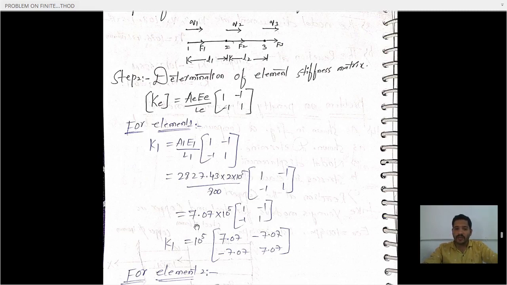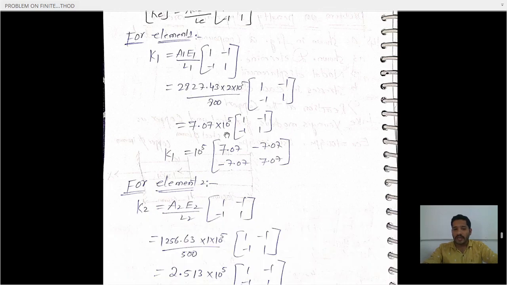If you divide this whole value, you will get 7.07 into 10 power 5, [1 -1; -1 1]. After that, 10 power 5, if you multiply this term, 7.07, minus 7.07, minus 7.07,